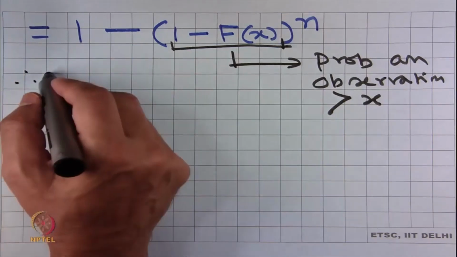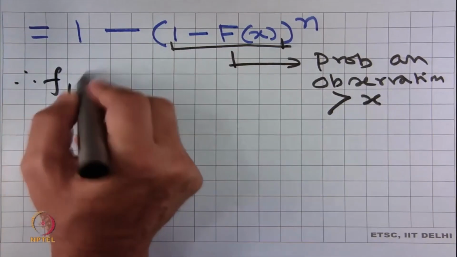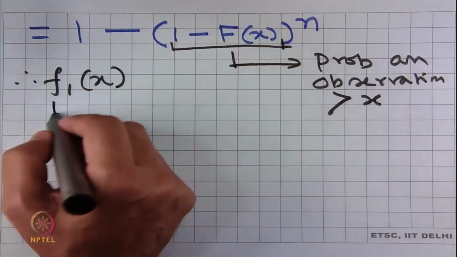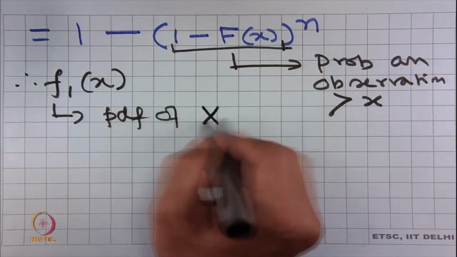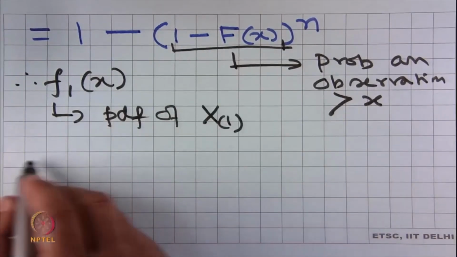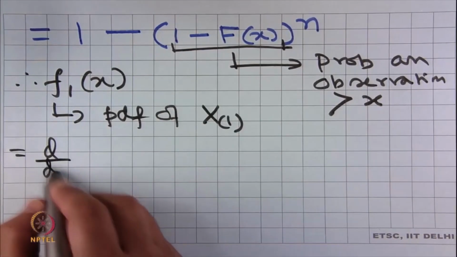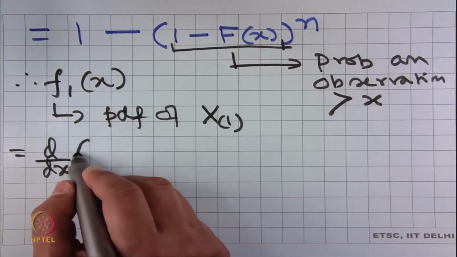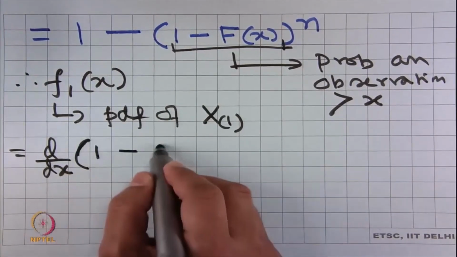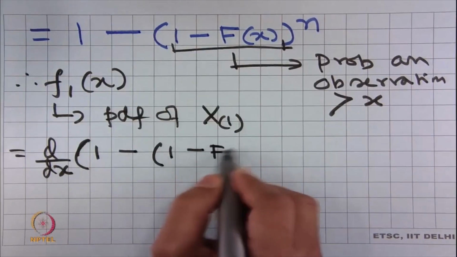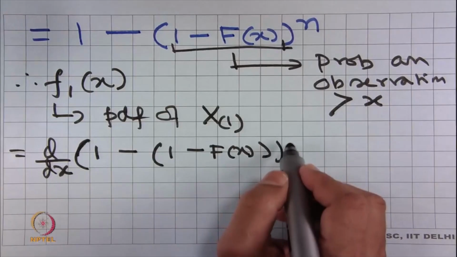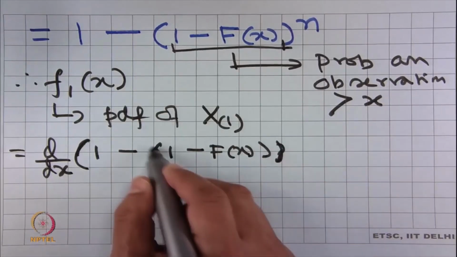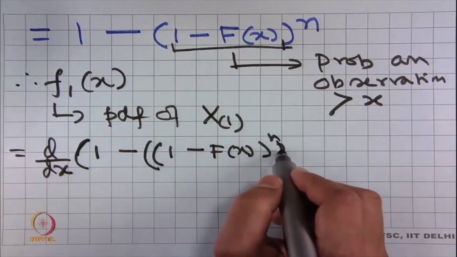Therefore, what is f 1 x? The PDF of x 1 is equal to d dx of 1 minus F x whole to the power n